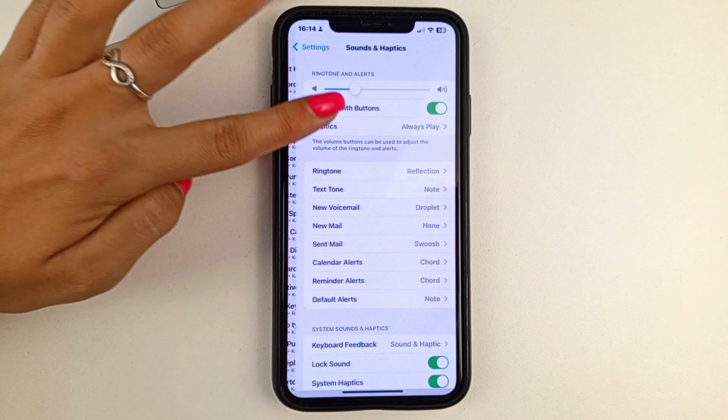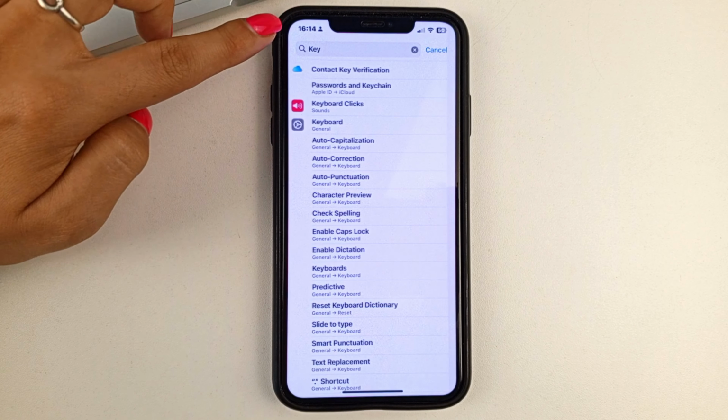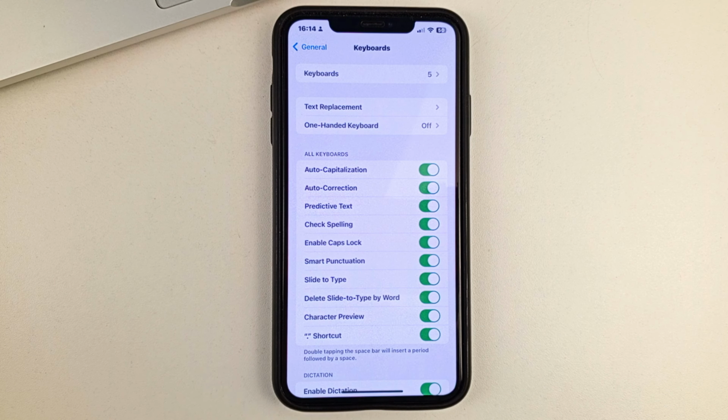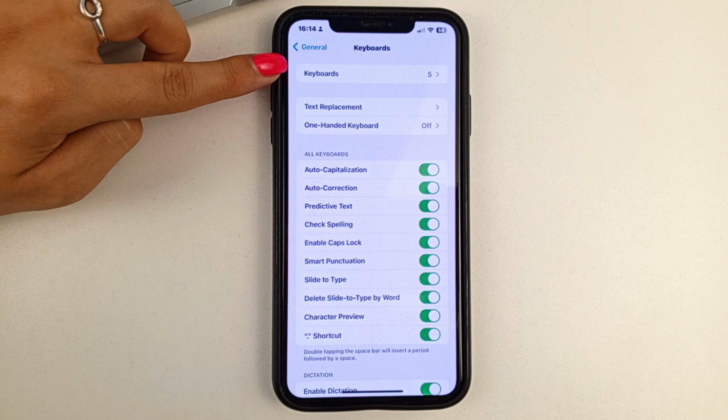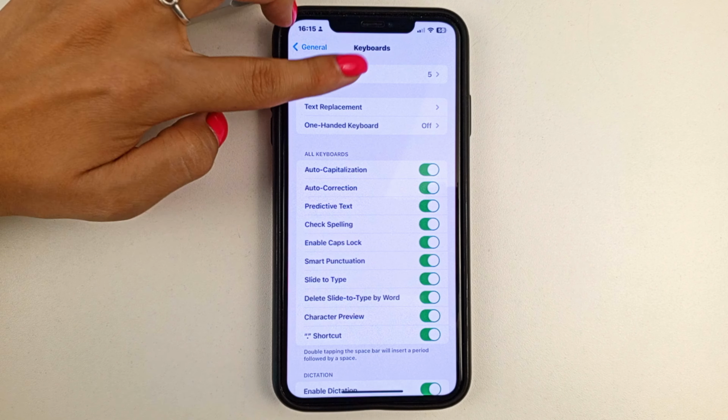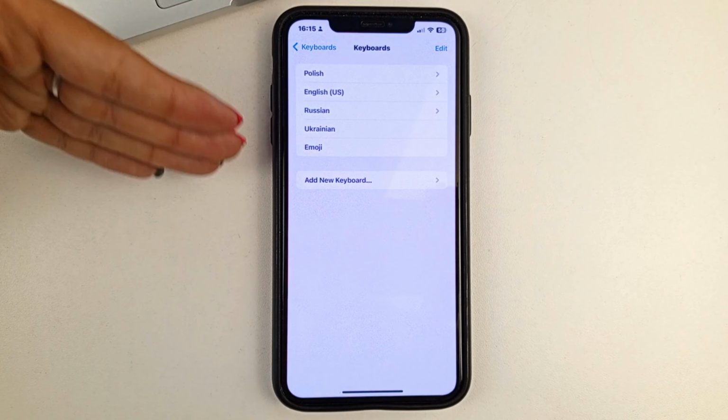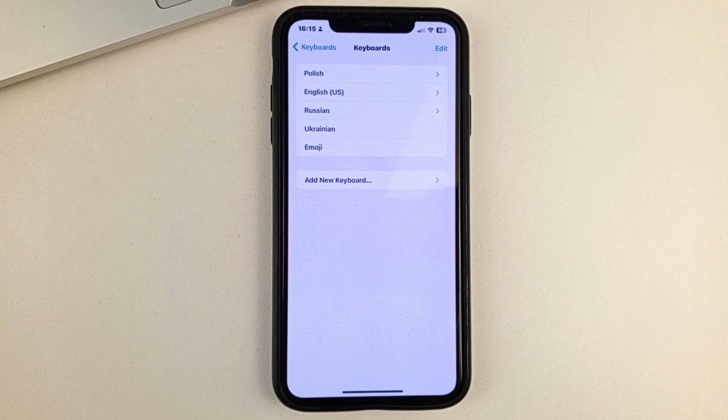So, please open up the keyboard. And here, friends, all you're going to have to do is at the very top, select all the keyboards that you have activated. Click right here, and you'll see the languages that you have active on your keyboard.